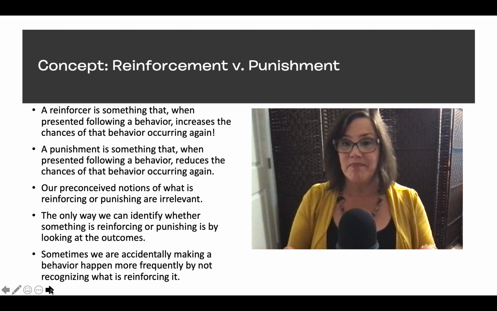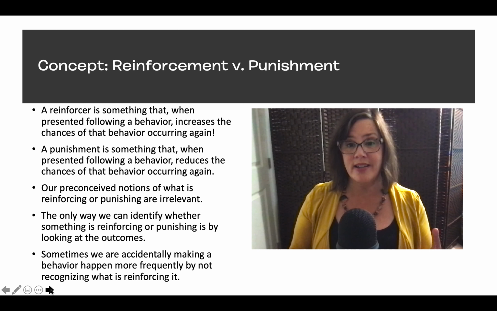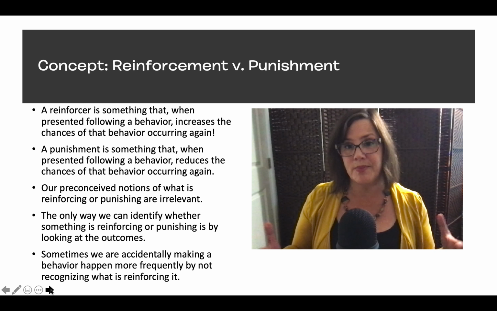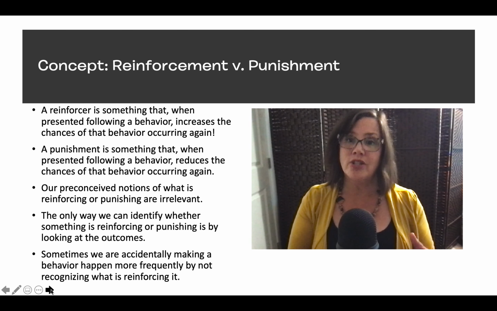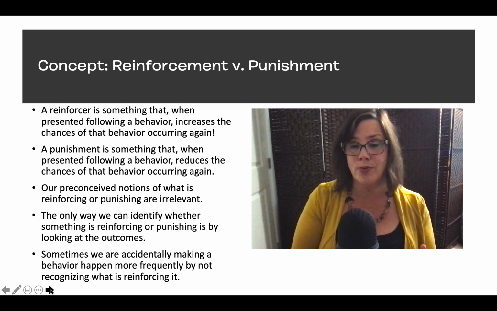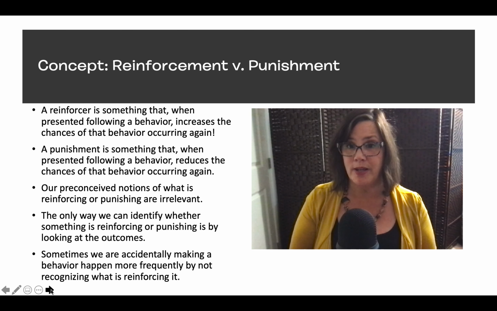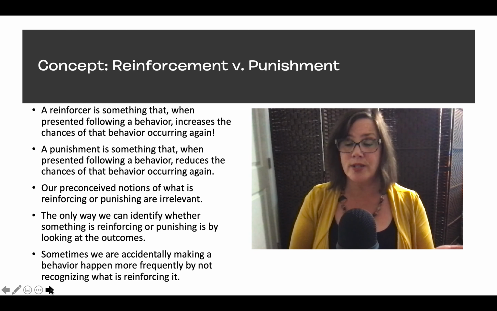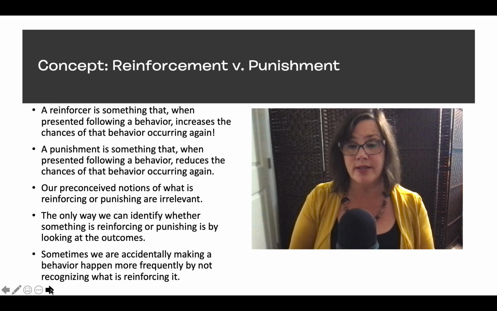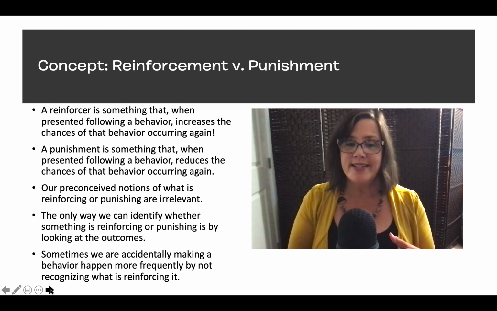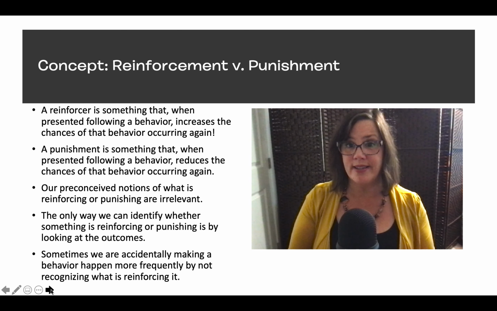So let's think for a moment back to the examples that I gave and say that withholding recess is a punishment. That's something that we almost always think of as a punishment, and many schools use that as a consequence in the behavior management system, that for certain infractions, you lose a recess or lose part of a recess. So for many students at least, that would be a punishment. Let's say that I lose recess for calling someone else a name, okay? And so I have to stay in at recess. And for most students, that would be a punishment.